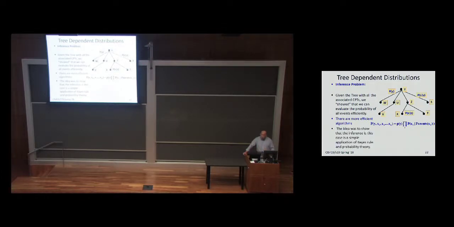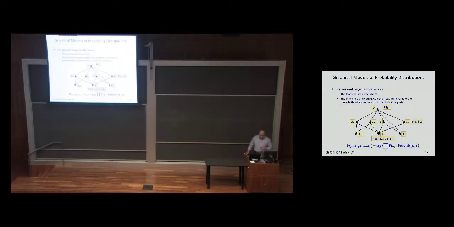Okay, so now that we have that, again, I want to make the comment that this is a simple case. We're lucky. In the general case, it's not going to be so easy. And the key reason is that when you have a graph, a DAG rather than a tree, when you're looking at two variables, there could be multiple paths that connect them. And you have to take this into account if you want to compute the probabilities. So you'll have to go multiple ways, and this could be complicated. I'm not going to talk about this problem. I just want to give a few hints.